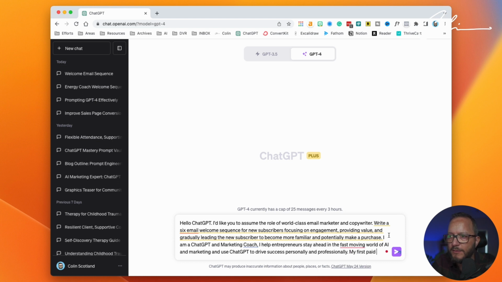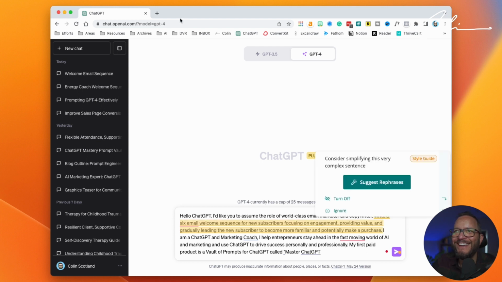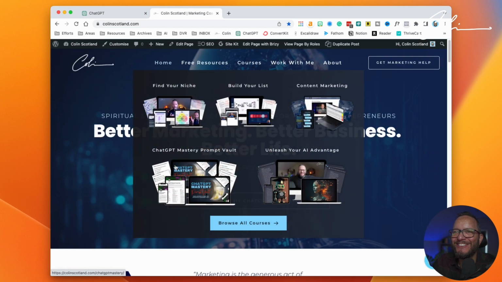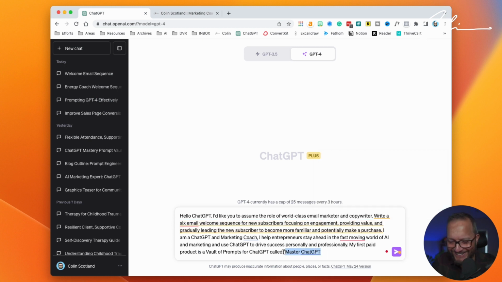My first paid product is a vault of prompts for ChatGPT called Master ChatGPT, I forget what it's called now. Let's have a look. It's called ChatGPT Mastery Prompt Vault. Okay, that'll do it. ChatGPT, I'm having so much fun here. I'm forgetting myself. ChatGPT Mastery Prompt Vault.